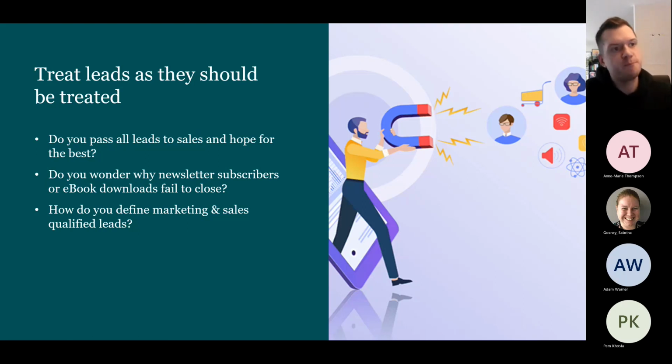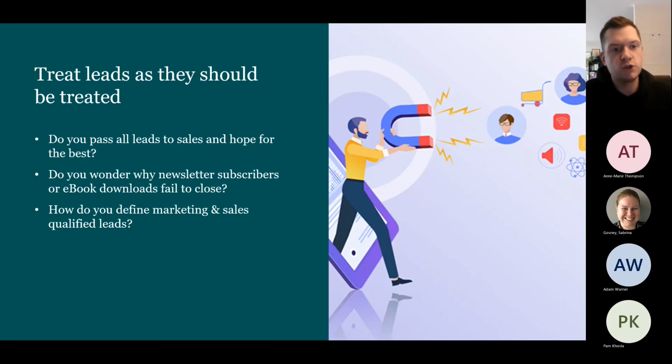So leads ultimately should be treated at the stage they're at. So if I've just downloaded a blog, why are we asking someone to give their email address? If we're then following up based on my blog view, what are you expecting to sell me at that point? Because all you know about me is I've read a blog and you've made me give my email. I haven't asked for a demo. I've not searched pricing, anything like that. What conversation are you trying to have? If you try and sell to me when I'm not ready to be sold to, you run the risk of just being excluded from any future consideration or decisions that I'm going to make.